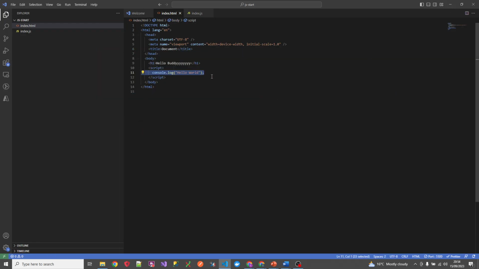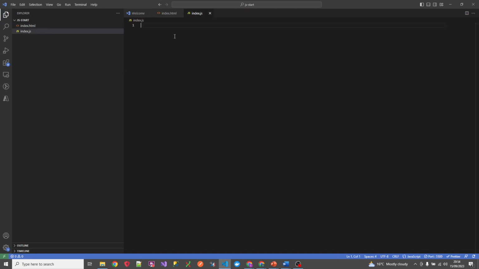Right, cool. So let's copy this out and put it in our JS file. So that's in there now. Let's save that. And obviously now, if we go back to our HTML file,